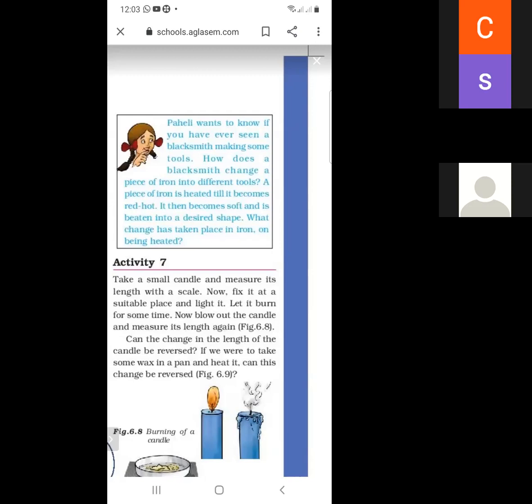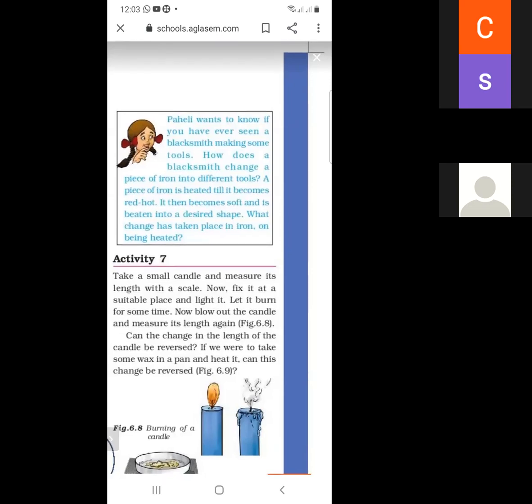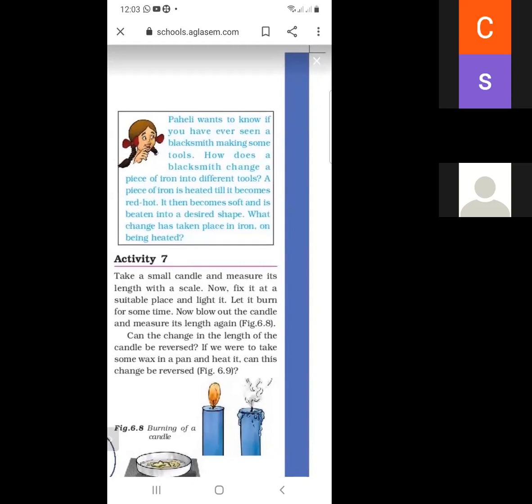So this is the change. Paheli wants to know if you have ever seen a blacksmith making some tools. As we know, we have seen a blacksmith making some tools. How does the blacksmith change a piece of iron into different tools?